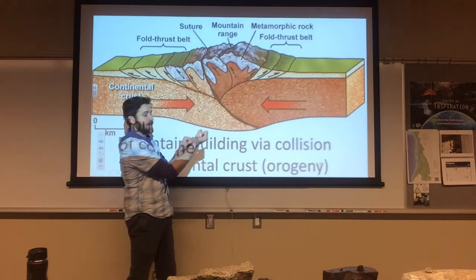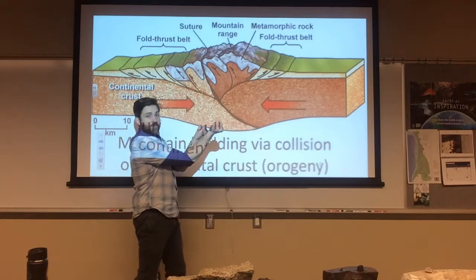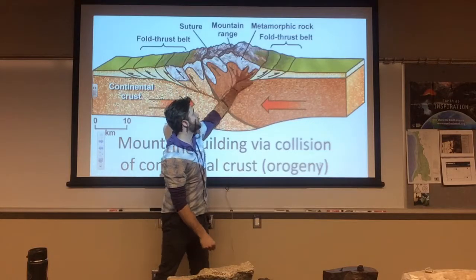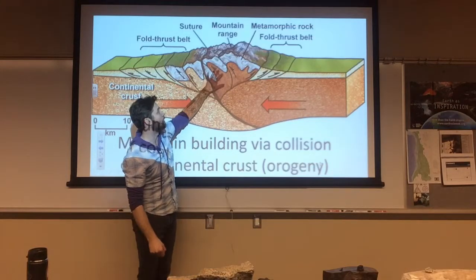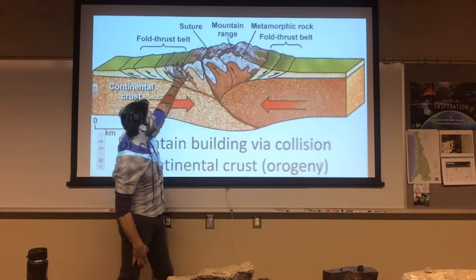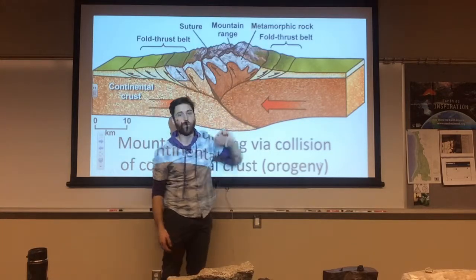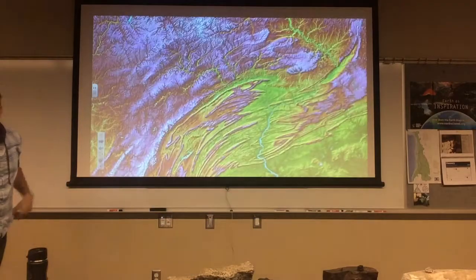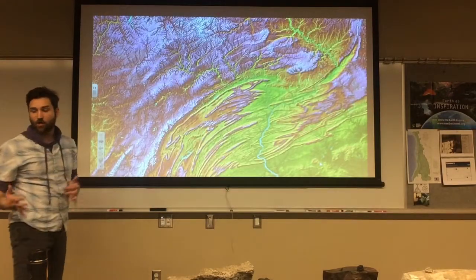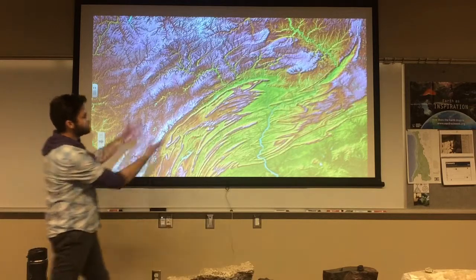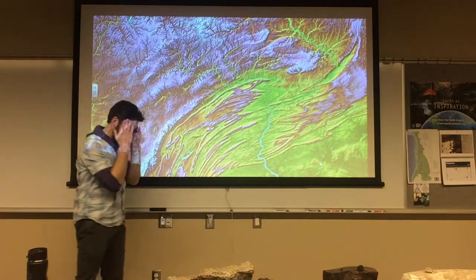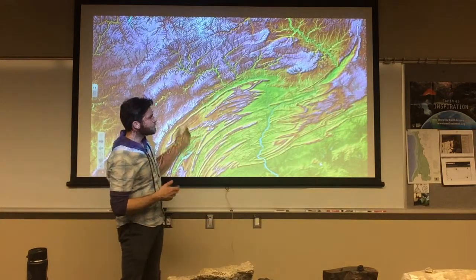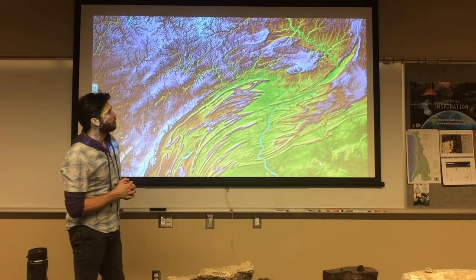And those faults, in this case, are faults that are thickening the crust, and one is pushing over the other in the thrust fault. And that makes what are called fault propagation folds and leads to these vast areas called fold and thrust belts, like in southwestern Montana today. If we look at the east coast of North America, this is the valley in the Ridge and Valley province of, I think, Pennsylvania, a portion of this.